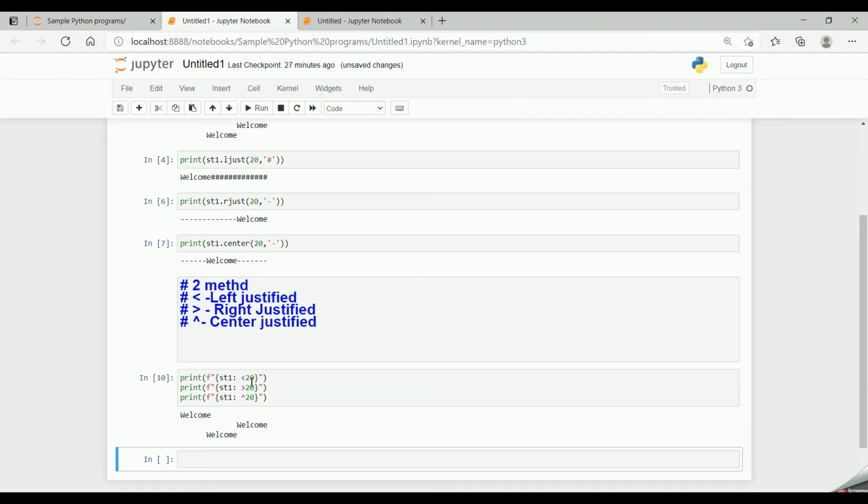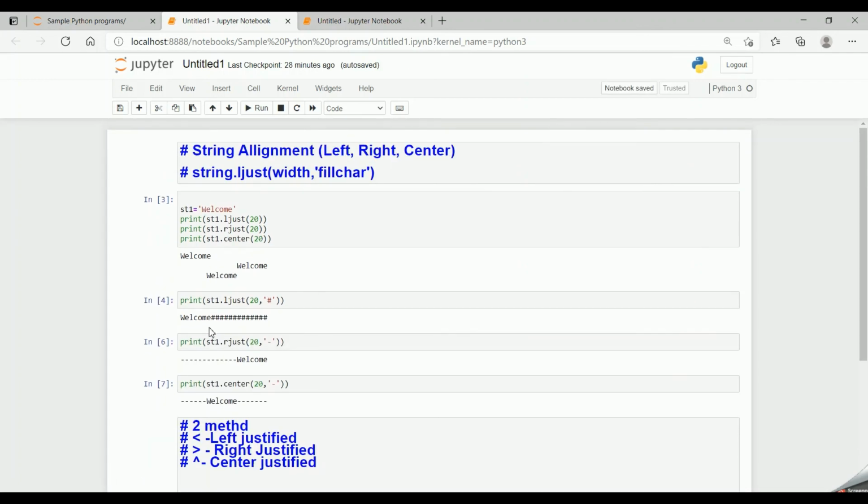So this is another method: for left justification we use the lesser than symbol, for right justified we use the greater than symbol, and for center justified we use the exponential symbol. The first method was the built-in functions ljust, rjust and center, with the syntax width and fill character.